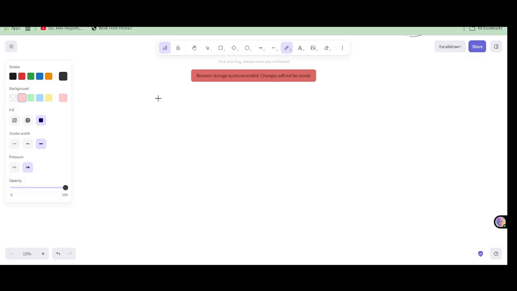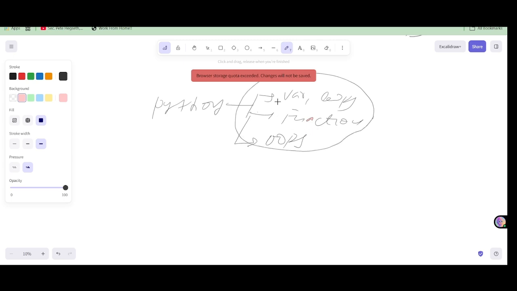At first we are going to study Python. Right after covering Power BI, we are going to study Python, where we'll study basics of Python like variables, loops, functions, and after functions we're going to study OOPs kind of stuff. Basically, whatever Python is needed for data science, we will cover all of it. This is going to take around 2 or 3 months roughly, because our goal is not just to study Python, our goal is also to implement it in projects. That is why it would most probably take 3 months to learn Python deeply.